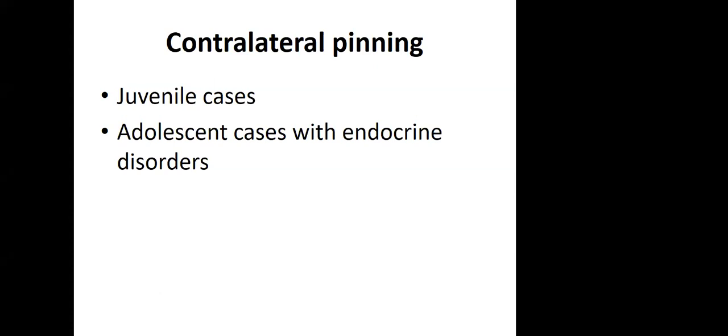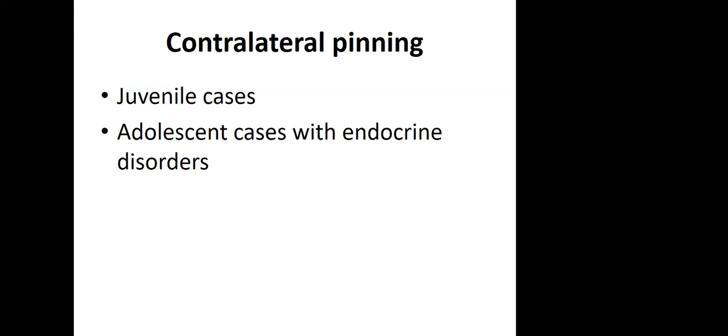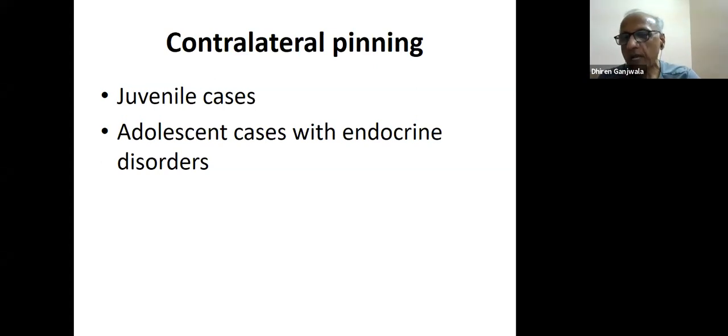Now, if you look at the Knowles pin or the Moore's pin, do they have a threaded portion? Knowles has some thread, sir, but it's a very shallow thread. Here we want to have threads crossing the physis so that the proximal and the distal part cannot grow and ultimately the physis fuses. So if you want to use it in a smaller patient, yes, you can use a 4 mm cancellous screw, but avoid using Knowles pin or Moore's pin. Moore's pin is absolutely not indicated because it's a smooth implant and it will not serve the purpose.